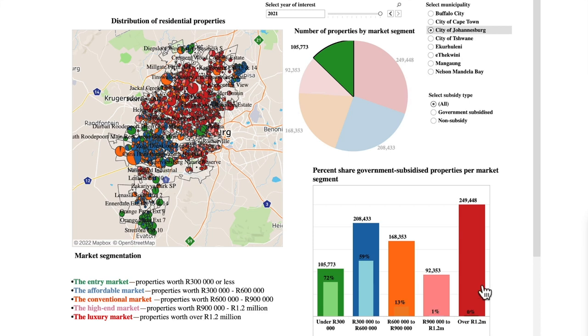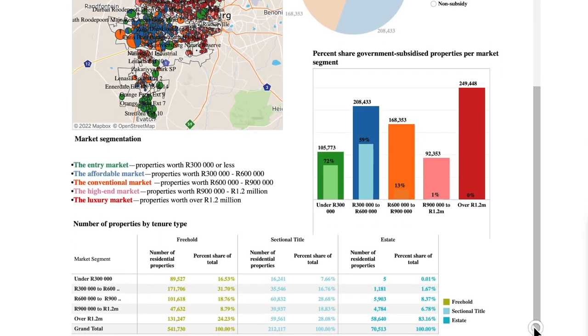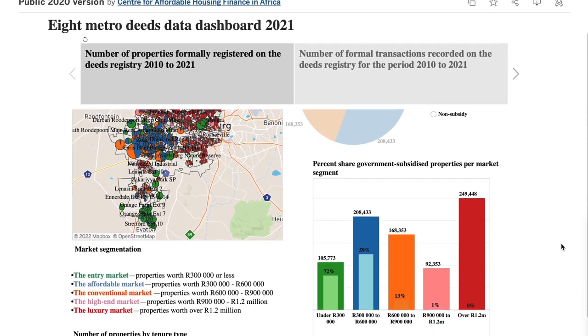And lastly, on this tab, you can also see the distribution of properties by market segment and also by property type. And by property type, there are basically 3 property types that we look at, and that's freehold properties, sectional title properties, and estate properties. And just to show a quick demonstration of the second tab, which is the transactions tab,